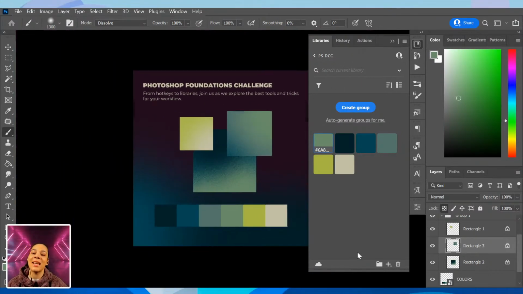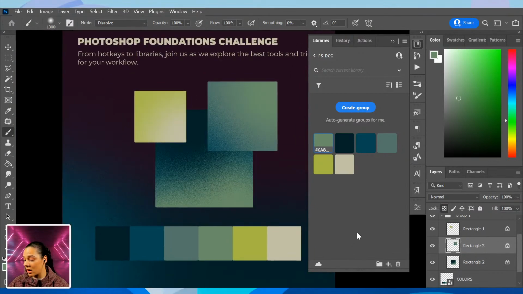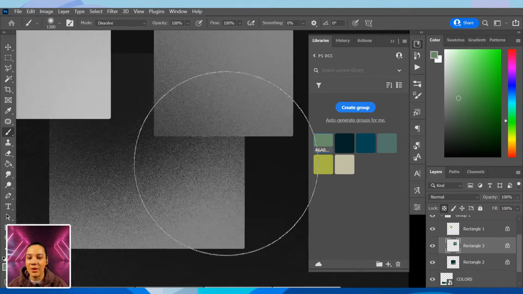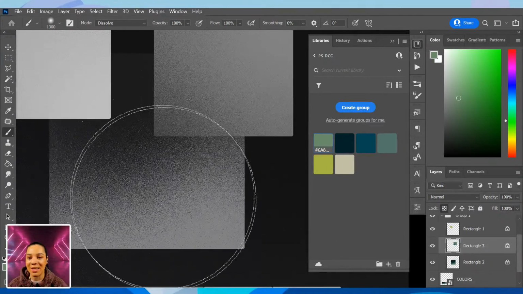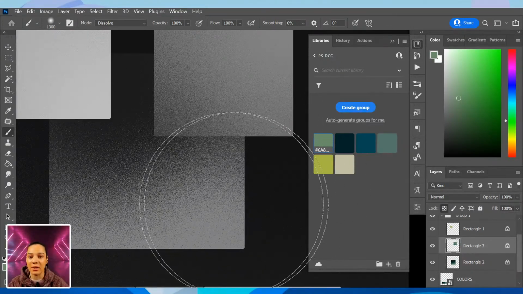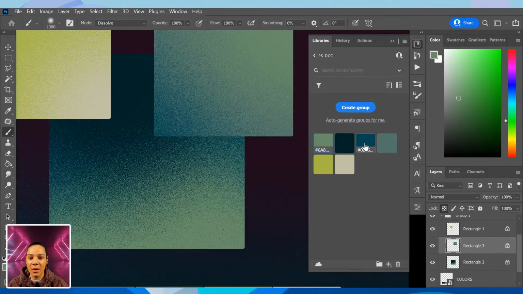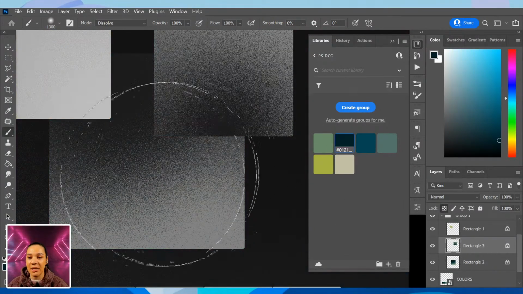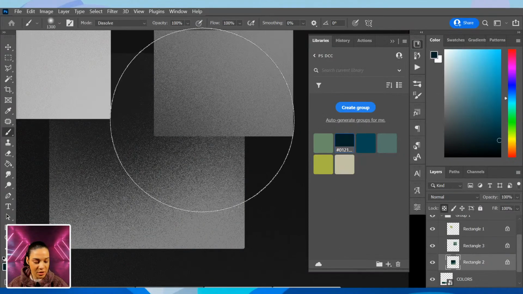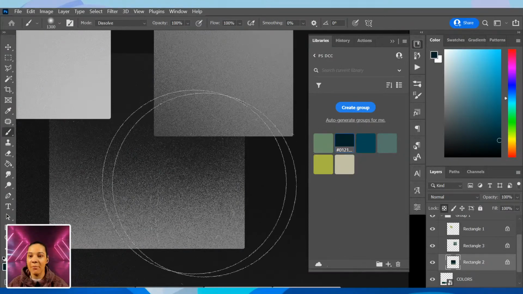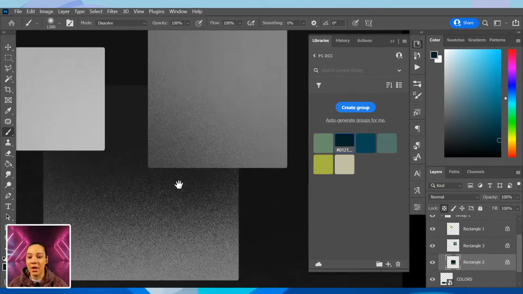So we have this nice variation, and if we use our handy dandy hotkey, I can go to Control or Command Y and continue to look at my values, and I can see here that we're getting pretty darn close to the same value regardless of color right here. So I know if I flip back into color, maybe I will grab this dark color here, flip back into values, and make sure we're on that larger square. I can tap there, and boom, now I can see I've got this nice contrast going,